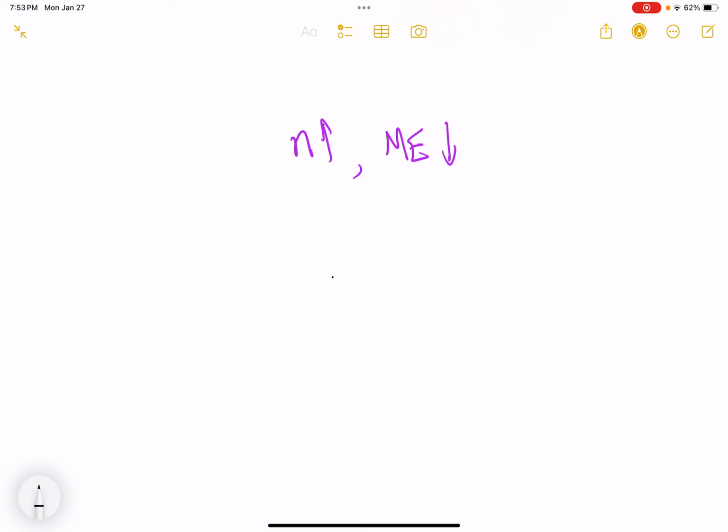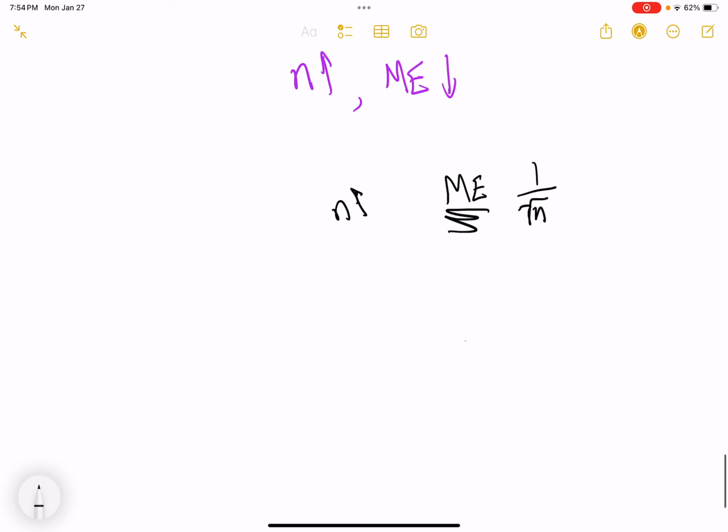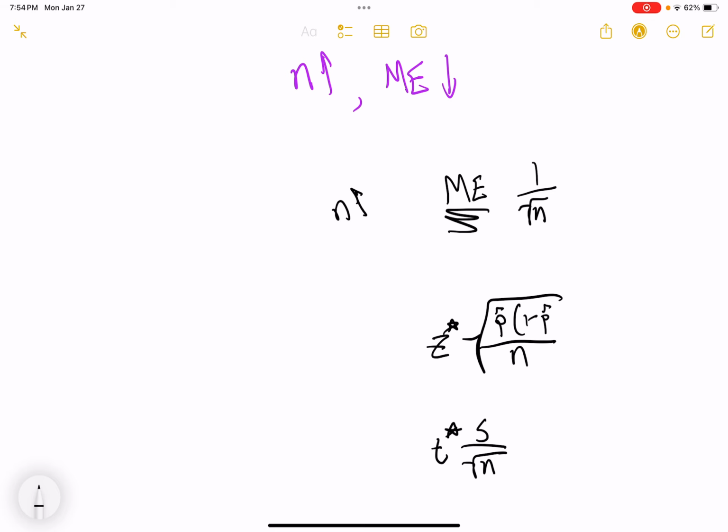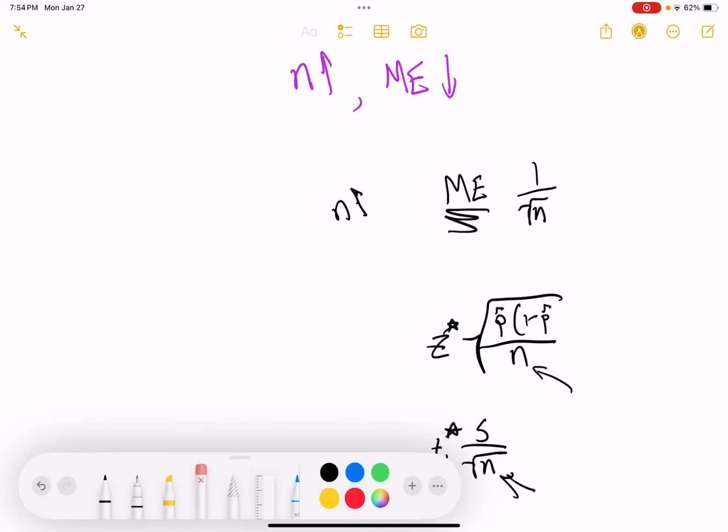As my sample size n goes up by a certain factor, like let's say by a multiple, the margin of error will go down by a divisor of 1 over square root of n. We know that because if you look at both margin of error calculations, it's going to be a z critical value or more likely than not a t critical value with the standard deviation, p hat 1 minus p hat. But you'll notice they're both over square root of n. Over here, n is square rooted, and over here, n is square rooted, right? So if my sample size goes up by a multiple of a certain amount,